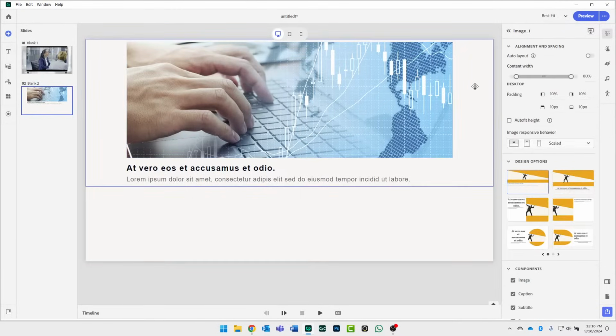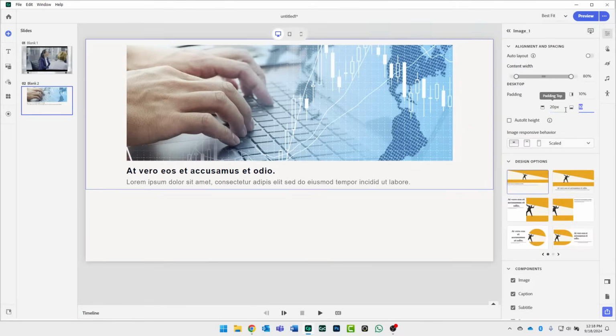With our blocks, you'll notice that we've got padding available for the block. The default here is based a little bit on the content width, so 80% width. Obviously, I've got 10% on either side. And you can set this up to be a certain number of pixels from the top and a certain number of pixels from the bottom in that block. That's been available for some time now. That's not necessarily new. What is new, though, is that now I can have a little bit more padding control